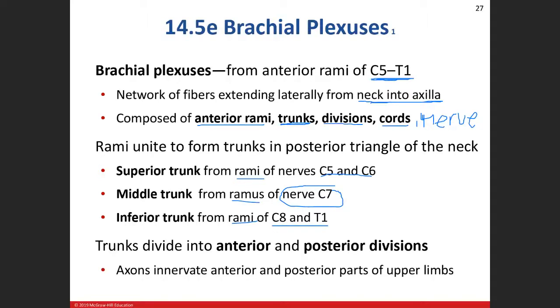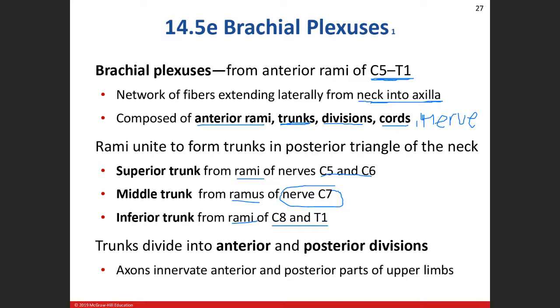Remember, the cervical spine has 8 spinal nerves, not to be confused with 7 vertebrae. It's the number of bones. Thoracic gives off 12 spinal nerves. Lumbar gives off 5 spinal nerves. And then the sacrum and the coccygeal area will give off the remaining 6. Okay, so the trunks will divide into the anterior and posterior divisions,